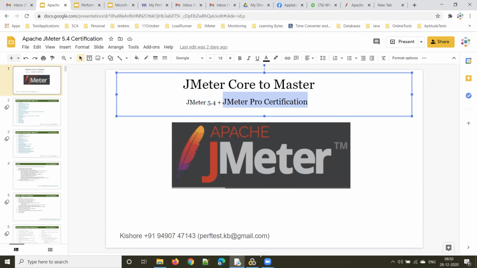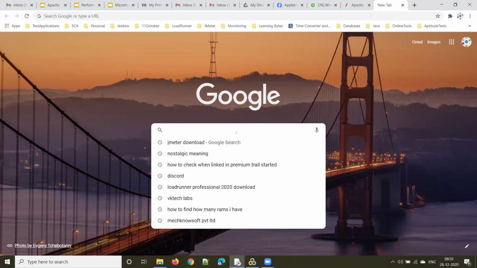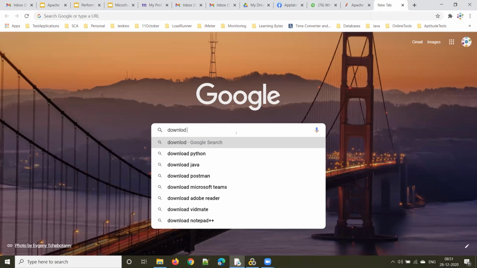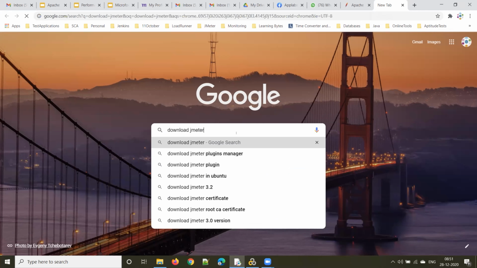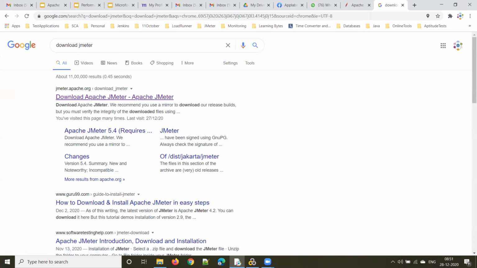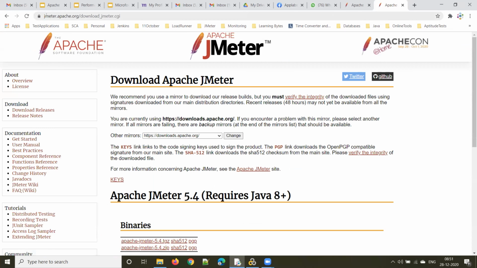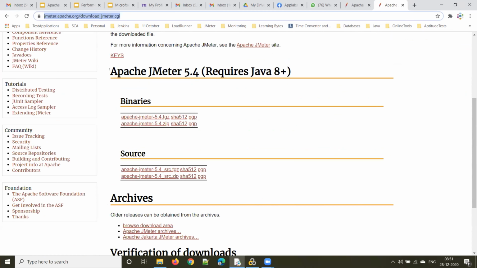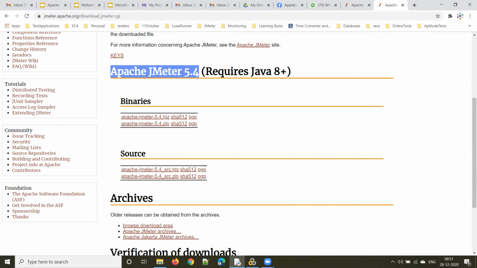I'm stopping my screen share. I will be doing it also. Before that, let me Google for download JMeter, and from the search results go to the first link, jmeter.apache.org. Go to this first link, right? You land on this page where Apache JMeter 5.4 is the latest version.